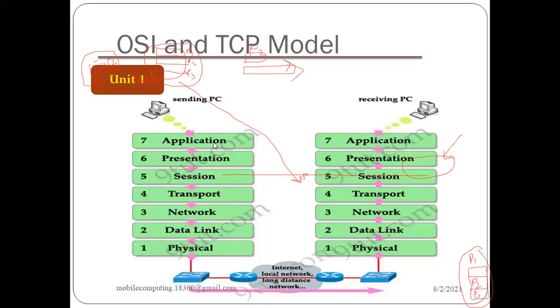Otherwise, it could happen that you are using Gmail and you receive data from YouTube, and suddenly you start watching a video in front of you, right? How can we avoid this? With the help of socket programming, we can transmit the data which is running on one system, in one process of a system, which is communicating with the process running at some remote location, right? So here I am talking about the transport layer.